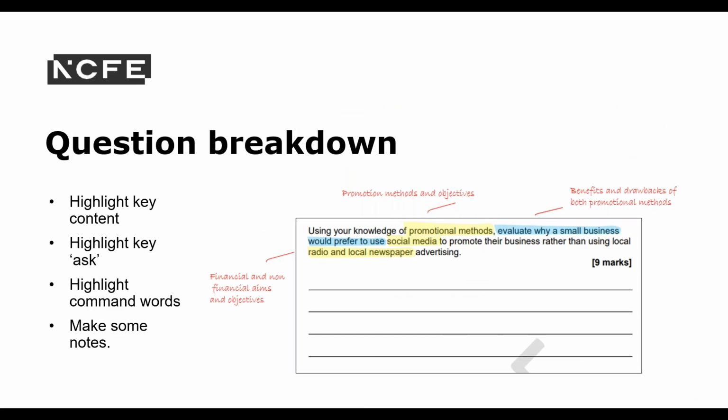Teaching your learner to carefully analyse the breakdown of an external assessment question is a vital skill. I've had my learners underline, circle or highlight the context or scenario of the question to ensure they're referred to this setting. So in this question, the use of promotional for small businesses using either social media, radio or local newspaper. So they would highlight the key ask of the question